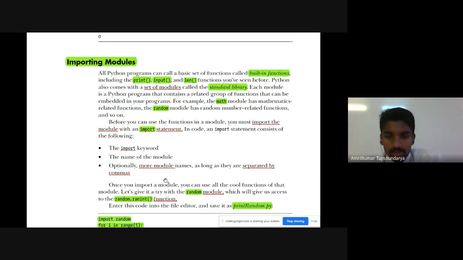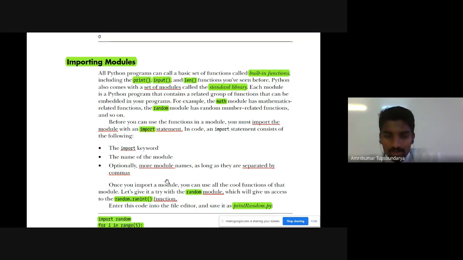What it does is it allows us to make use of the functions, for example, the random integer function, right? So if we want to output a random integer within a range, or within a boundary, then we make use of this function, which is a part of the random module.